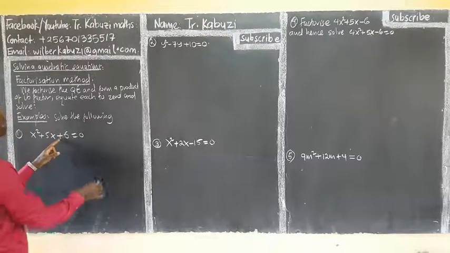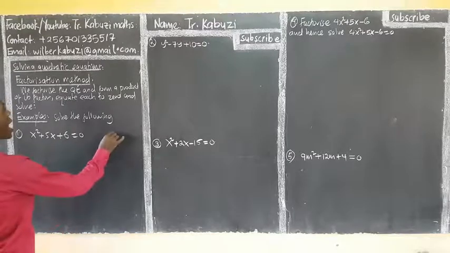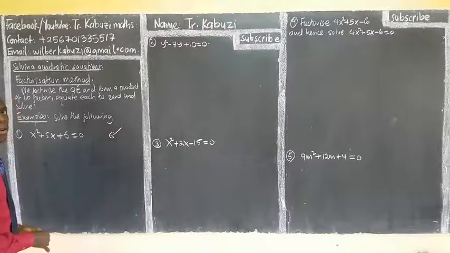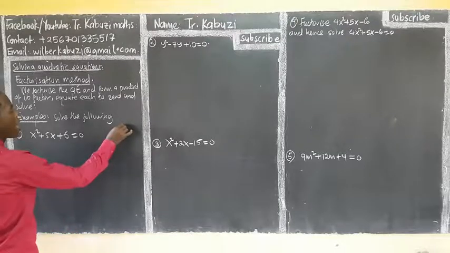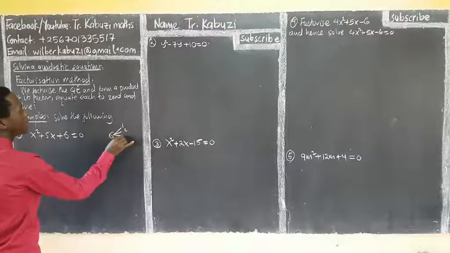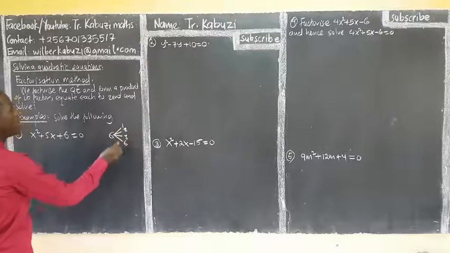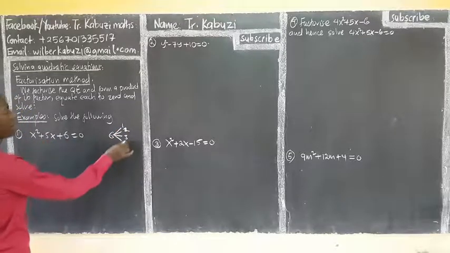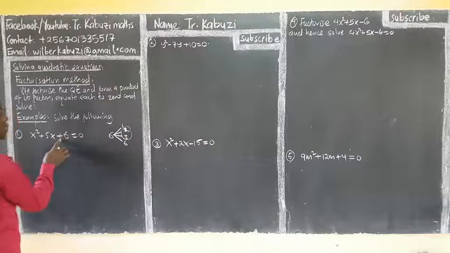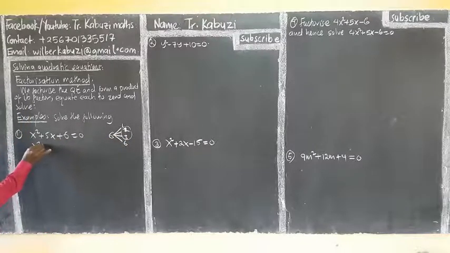And we said if the sign is positive, it means that the two factors are going to have the same sign. So now your factors of 6 are 1, 2, 3, then 6. You see which two, when you multiply, you get 6, and when you add, you get 5. So this will be the pair, because this is positive, they should be of the same sign. So now this will be x squared